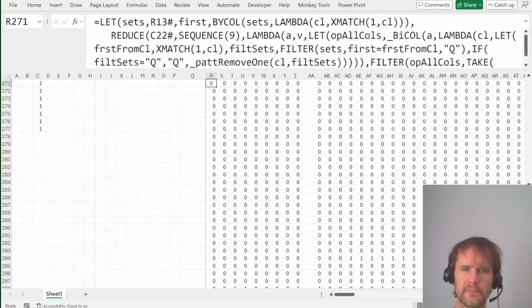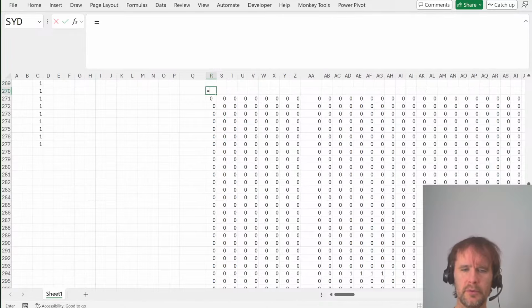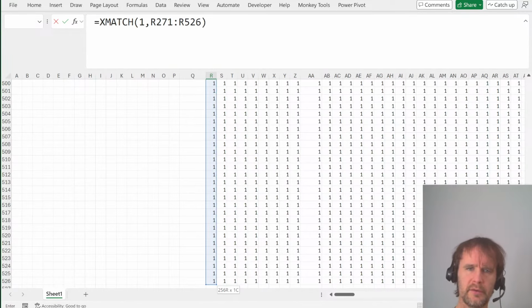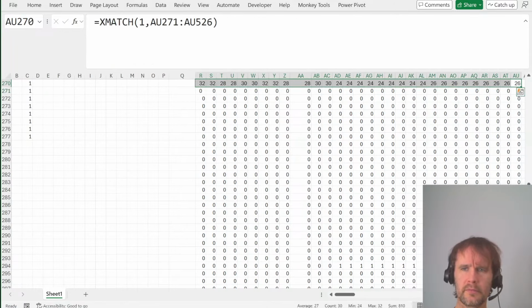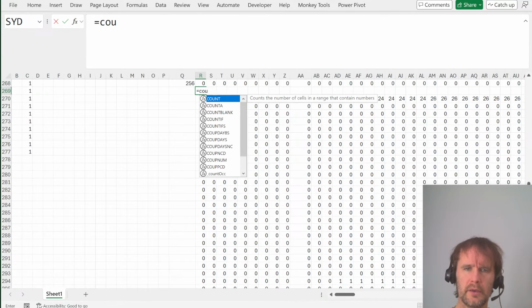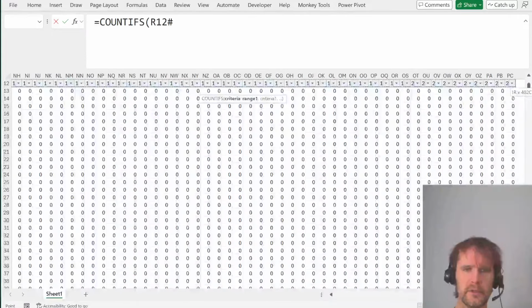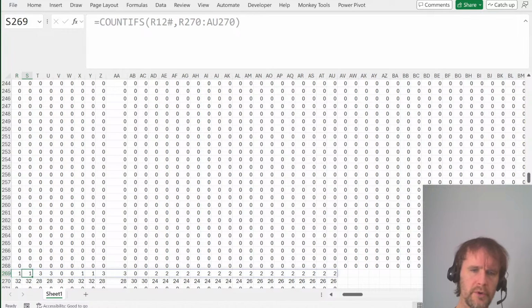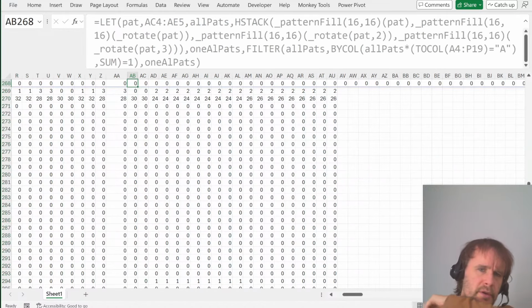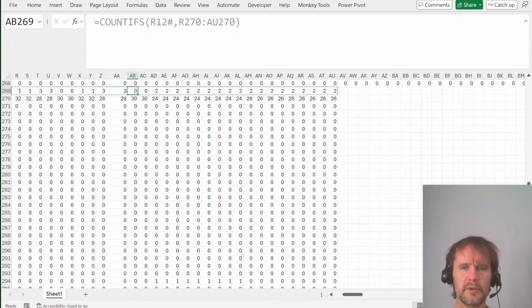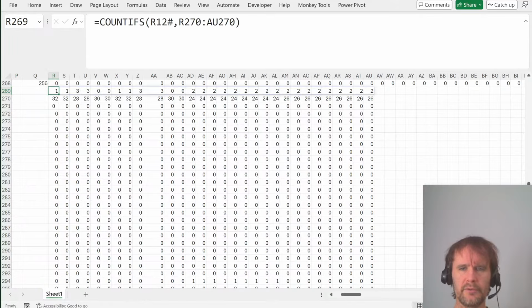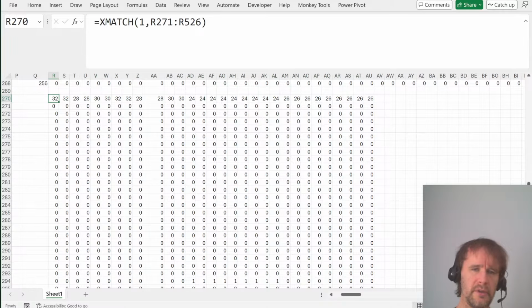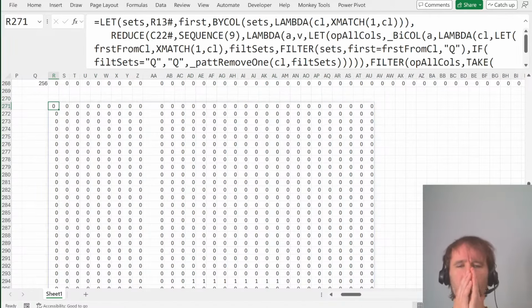So let's just see if we do X match 1 against that. Count ifs. Yeah, there are some for, not for all of them. There's nothing that takes in 30, or nothing that starts with 30. But there are some for the others, but they don't fit, which is fine. That kind of makes sense. So then, I guess I want to say,